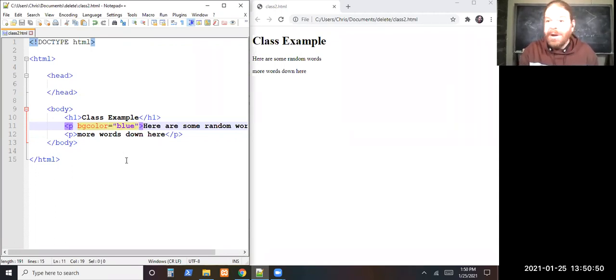And one quick note about attributes here is we could put a space here. The space won't really matter at this point. We do have to have a space before it to separate it from the name of the tag. And a space here is optional. A lot of people prefer it without the space inside of that attribute assignment, because if we have lots of attributes, things might blend together, which we will see here in just a